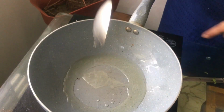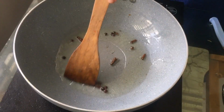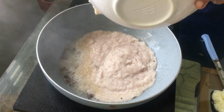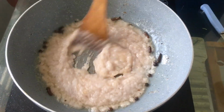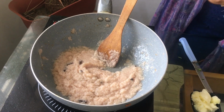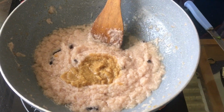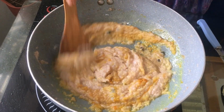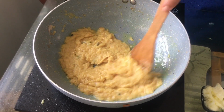We are adding 1 more spoon of oil and add these whole masalas to the oil. Once these masalas are done, add onion to it. And we have to fry this onion till it turns a little pinkish in color. So now you can see it has started leaving the oil, and now we have to add ginger garlic paste. And very little turmeric powder. We fry the ginger garlic paste along with turmeric and onion for 3-4 minutes till the